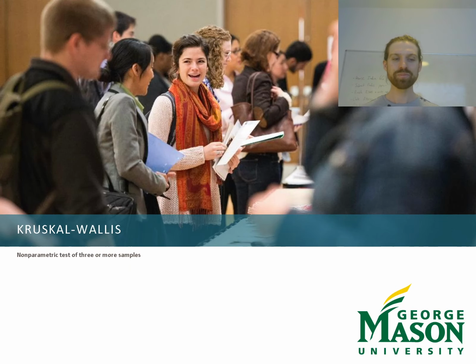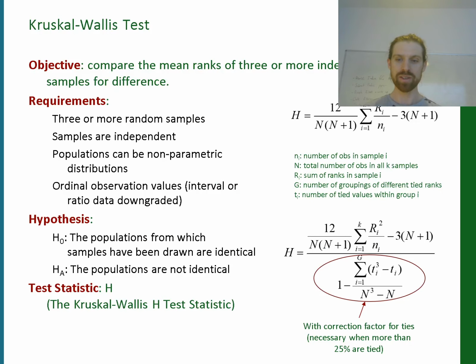Okay, great. Let's move on now to the Kruskal-Wallis test, which should be relatively straightforward for you. Okay, it's another big scary equation, but it's not actually that complicated. In fact, it's very similar to the work that we did last week, okay? So here what we're doing is we're comparing the mean ranks of 3 or more independent random samples for differences, okay? The important thing here is this isn't the arithmetic mean, this is the mean ranks. We're ranking these results like we did last time in the lab last week for the